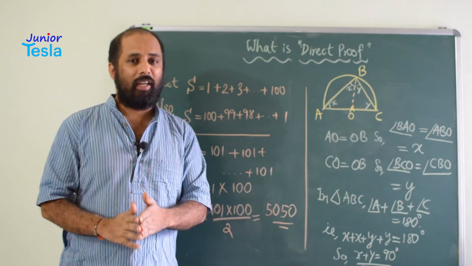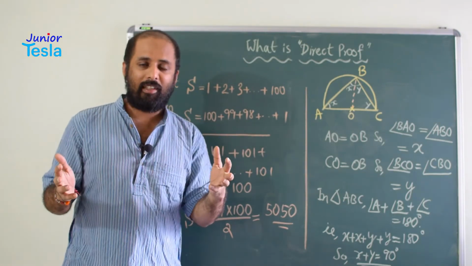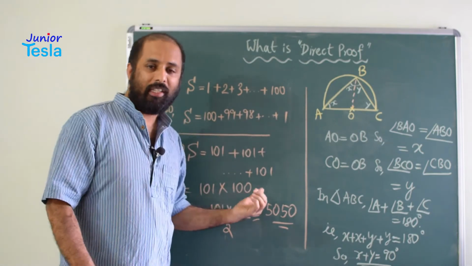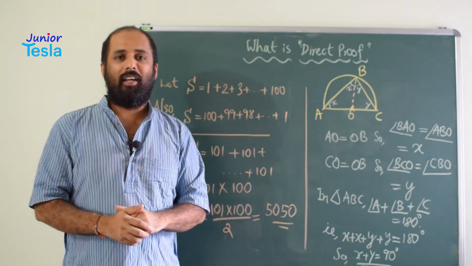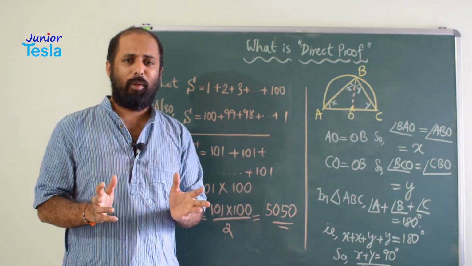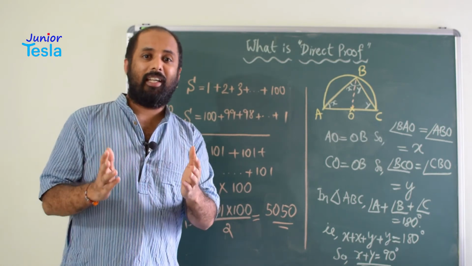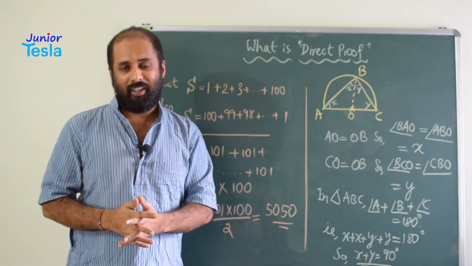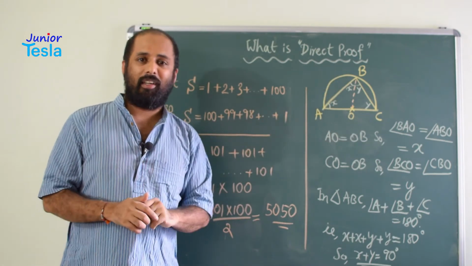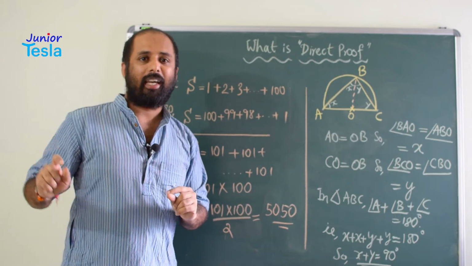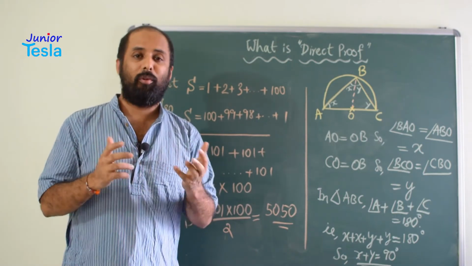So that is why we have taken the same series and written it in two different forms, two different styles, and added them. Finally we got the answer. Now similarly, I have taken one geometrical proof, a very simple problem. You have to prove that the angle inscribed in a semicircle is a right angle. That means you take a semicircle, and in this semicircle you inscribe any angle anywhere, and it always gives you 90 degrees. How do we prove this?